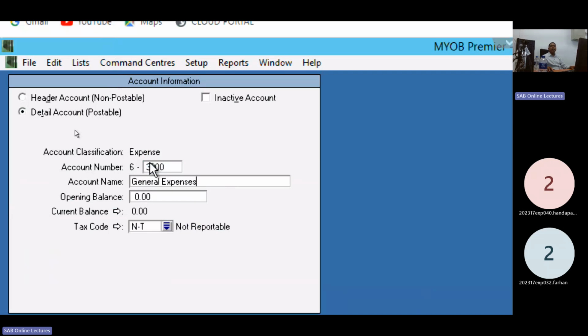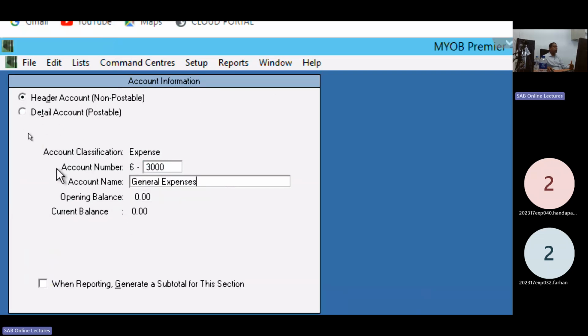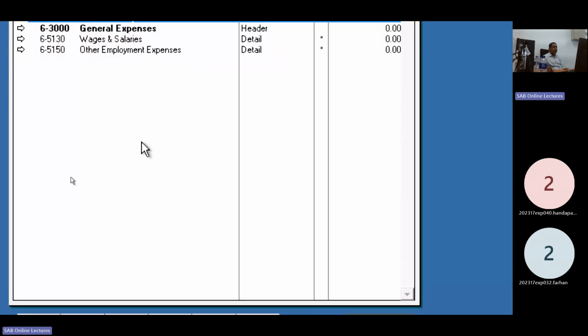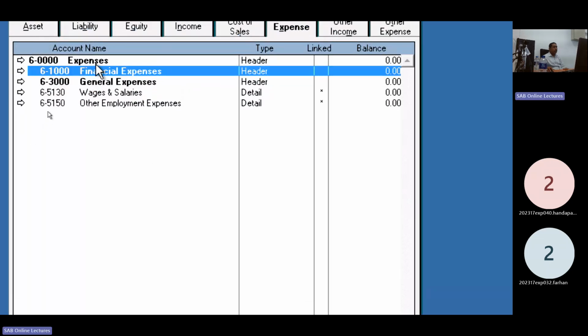If you design your P&L differently, like first start from the general and administration expenses, then selling and distribution, then financial, okay, no issues. Header account. Get on subtotal. Header account. Okay. Two header accounts.